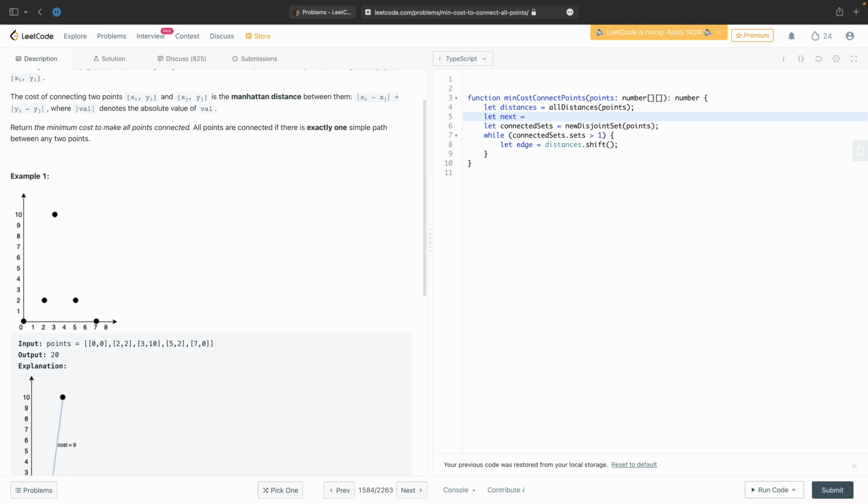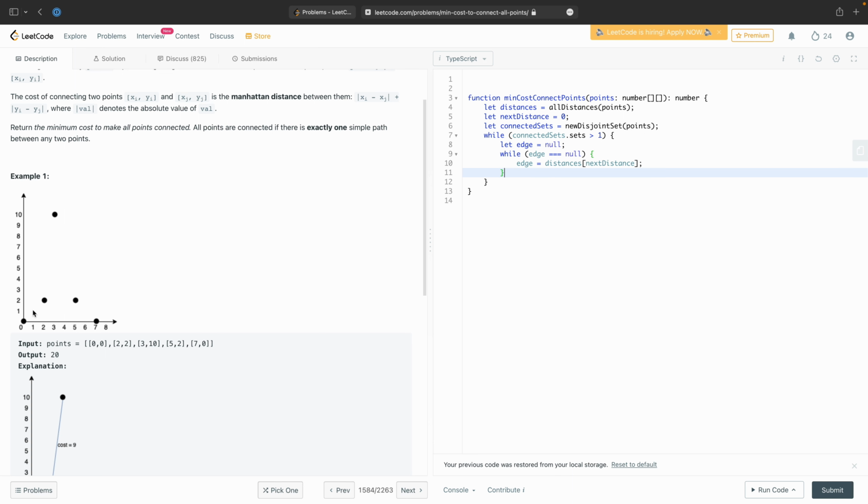Let next equal 0. Let edge equal distances[next distance]. In fact, no. Well, edge equal null, while edge is equal to null, edge equals distances[next distance]. If so, an edge